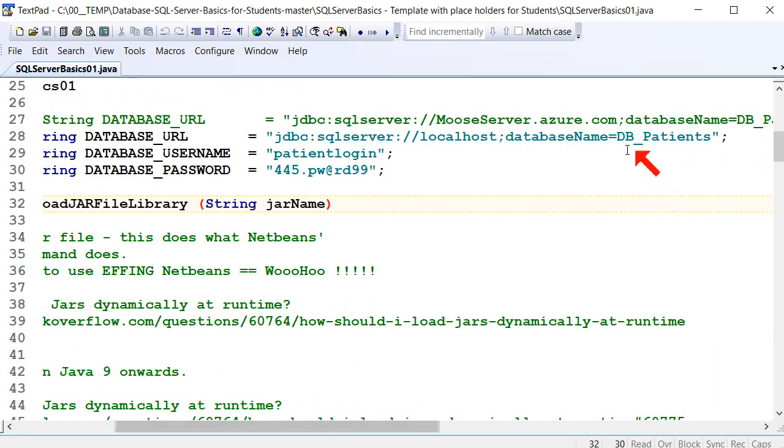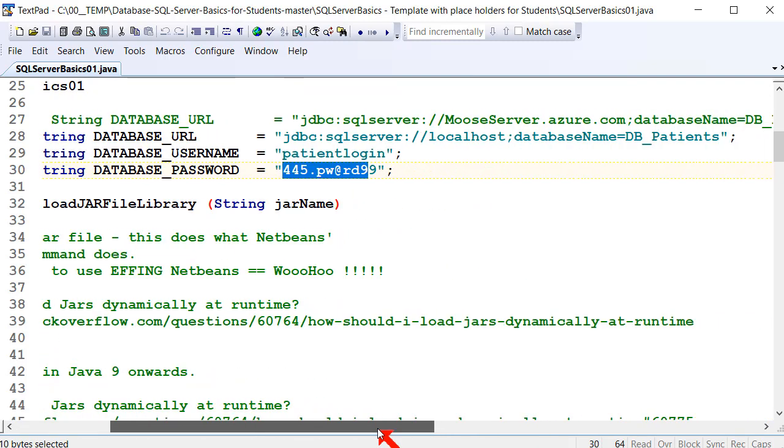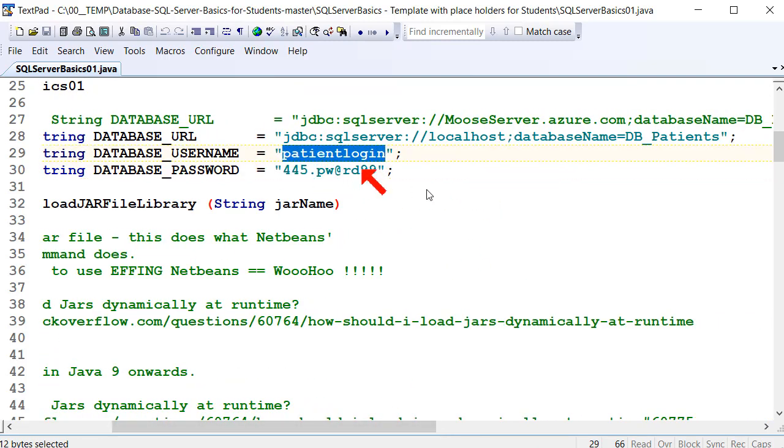with a login to the DB patients table. I only gave them access to the DB patients database, and we set up a patient login with a password, a crappy password, and I showed you how you could restrict that login to just access that DB patients database. Know what the database is in your database, in your SQL Server,